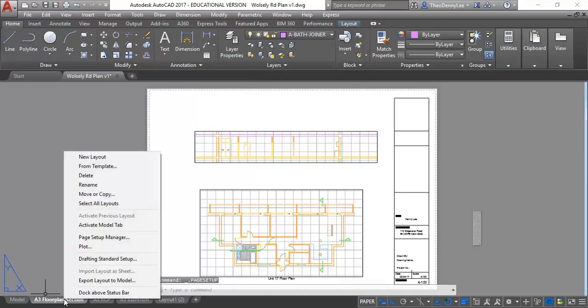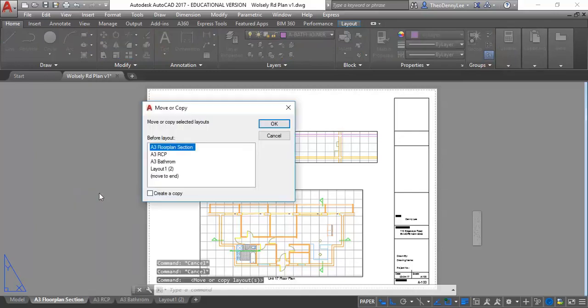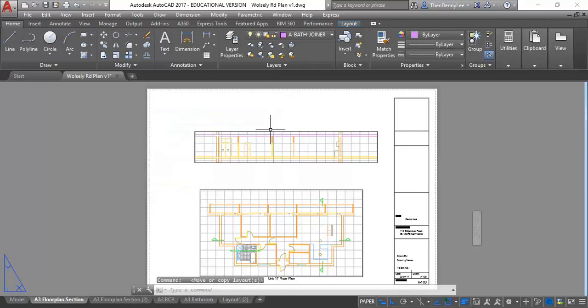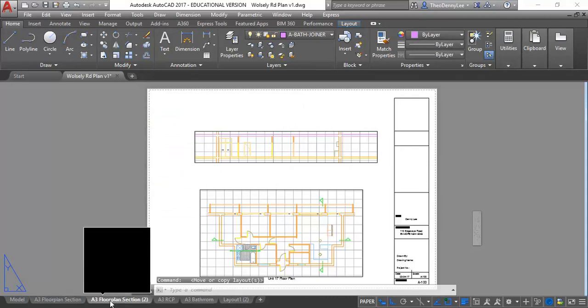So there now I'm going to right-click on the tab and go to the Move or Copy option, and then tick Create a Copy and Move to End. Oh, sorry, actually I'm not going to choose Move to End, so I'm going to choose the A3 RCP because I want this new sheet to go in between the floor plan section and the RCP. So you can see now at the bottom I've got this extra tab,